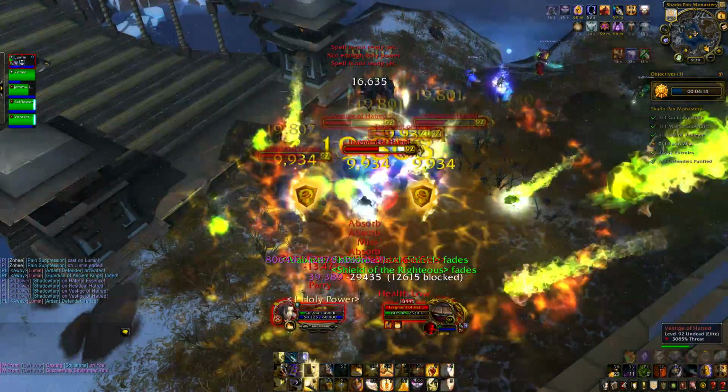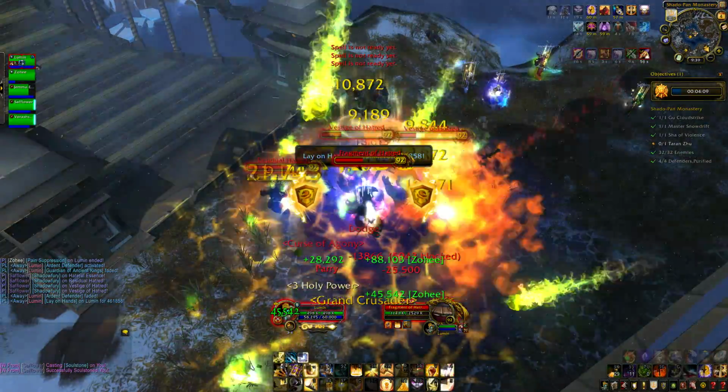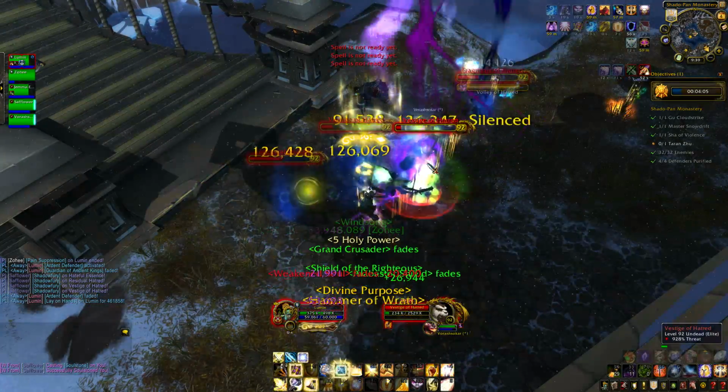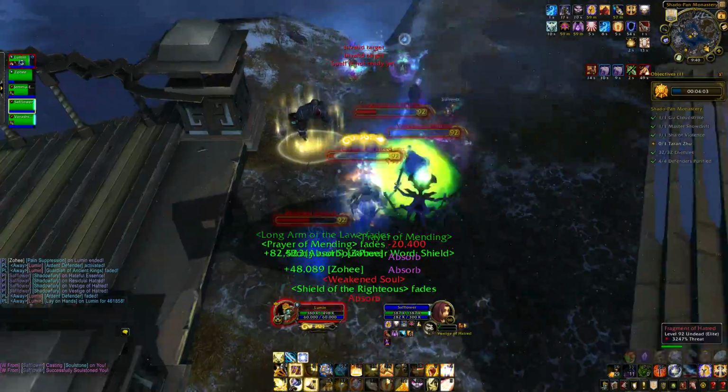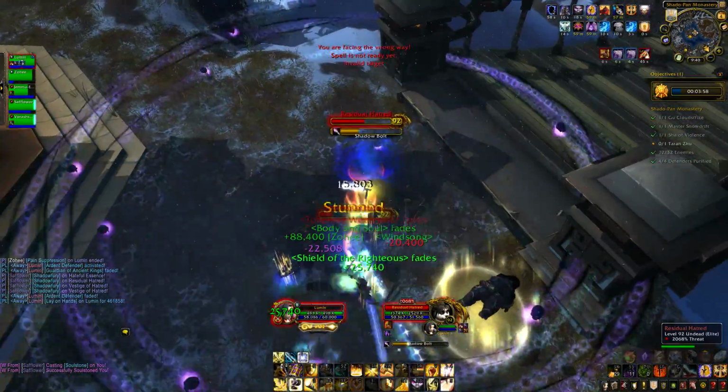You'll see there was a fear used there. I used my Blinding Flash. I obviously keep using Holy Wrath here. We just disable, interrupt, stun as much as we possibly can, and then the pack goes down relatively quickly. It's not too bad, but this is the last pack of trash that we do before the boss,